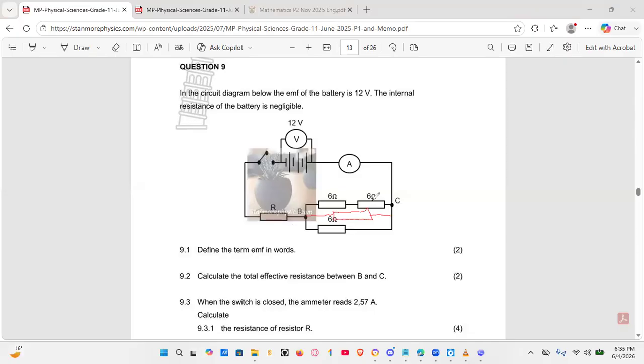So that's what I mean when I say the overall circuit. It's after you've simplified and found all of the resistances. Does that make sense? Yes. So now,